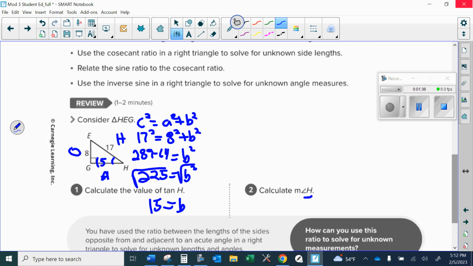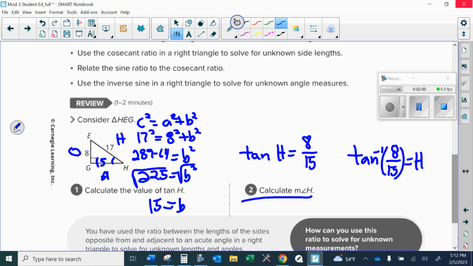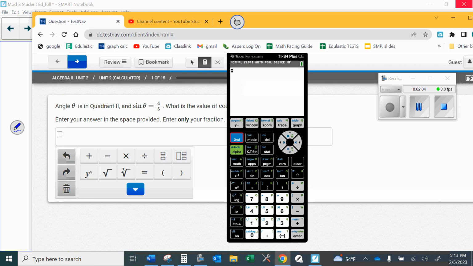Now it says calculate the measure of angle h. So again, since you've only used tangent so far, we would have the tangent of h equals the opposite 8 over 15. And then of course to get rid of tangent, you need to do inverse tangent. So inverse tangent of 8/15 equals measure angle h. Putting it in a calculator, inverse tangent of 8/15,